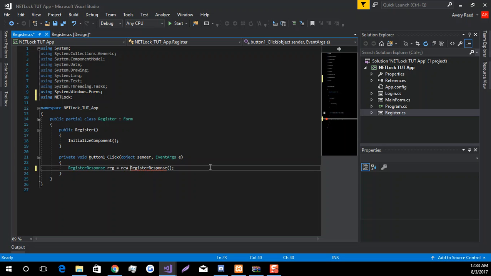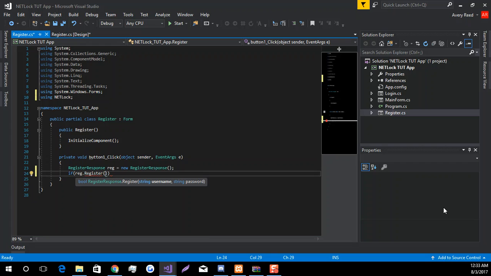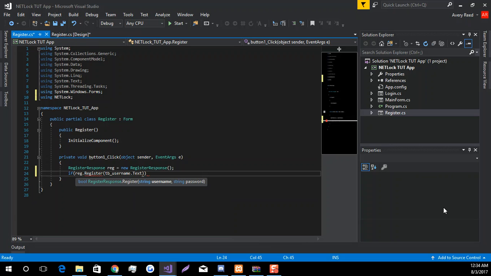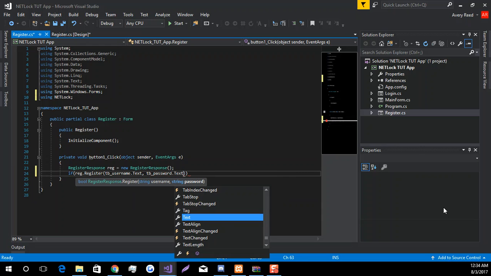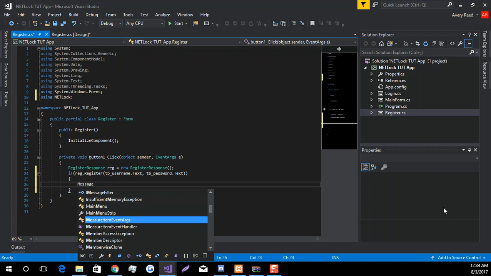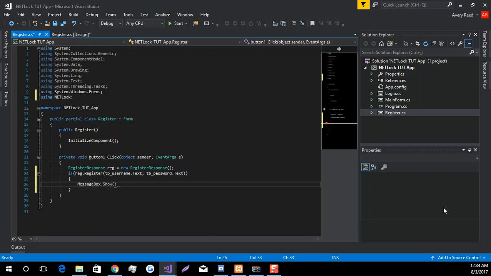I keep forgetting to add new. Sorry about that. Then if statement, if reg.register is true, tb underscore username dot text, tb underscore password dot text. Then we're going to make another message box that says